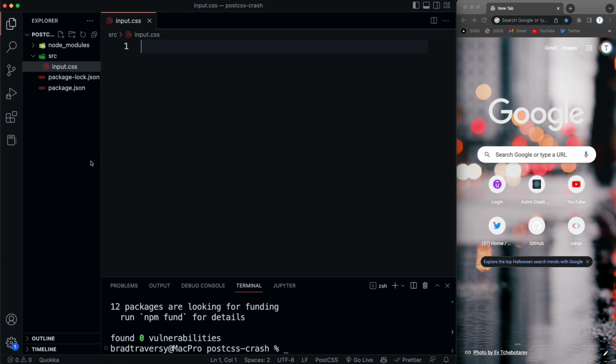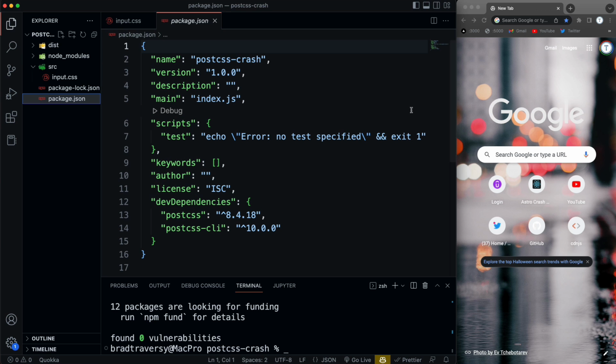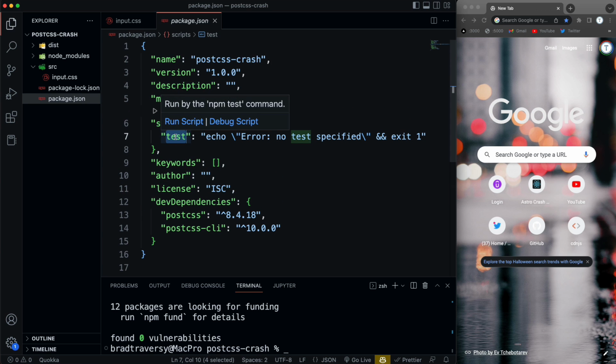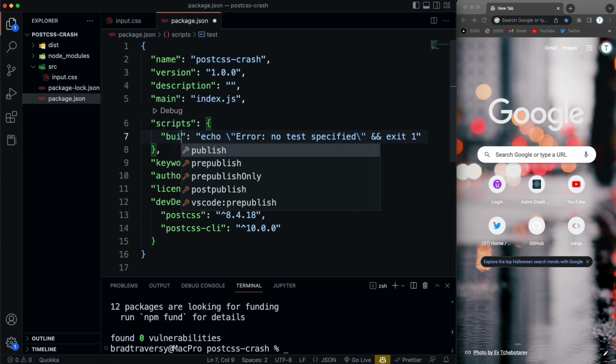And that file is going to be in a folder called dist. So I'm just going to create a new folder here called dist, and we don't actually have to create the output CSS file. What we do need to do is go into our package.json, and then from here, let's create a script. So you can call this whatever you want. I'm going to call it build: